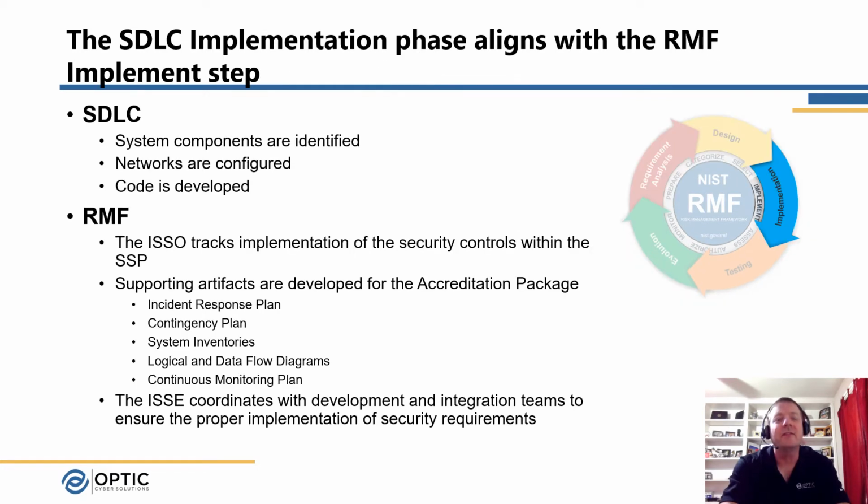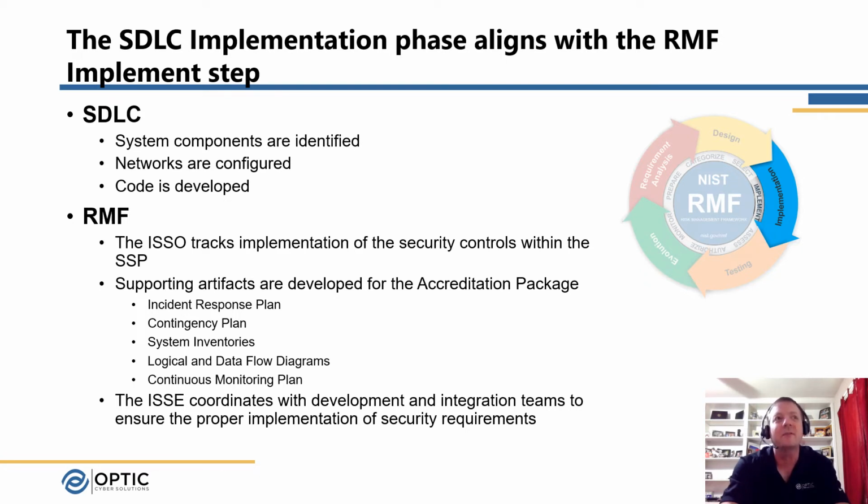Then here in the next phase, the implementation phase of the SDLC nicely aligns to the implement step of the RMF. So here, this is where we're identifying the system components that we need to be developed, networking considerations, and the configurations to make sure that the system will work effectively. And this is where we can start developing code, even if it's integration code. This is where we start